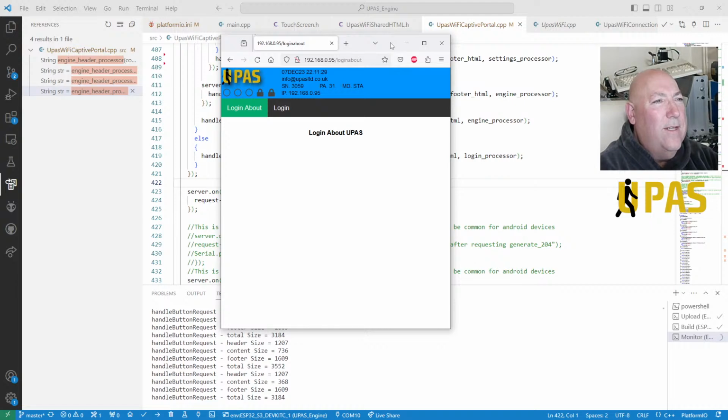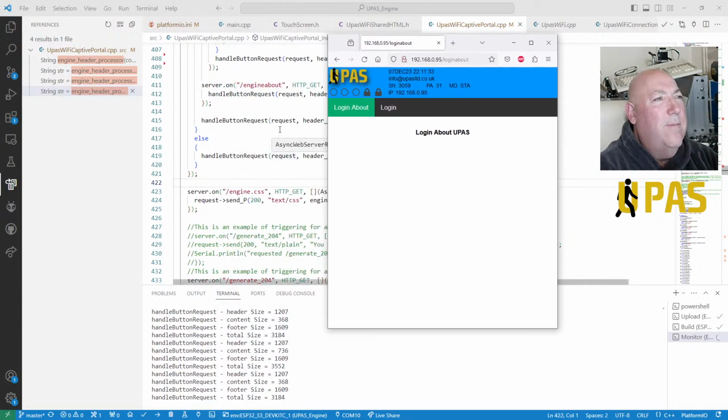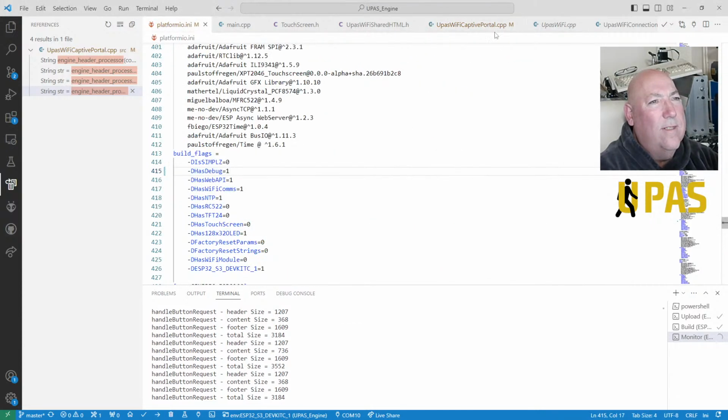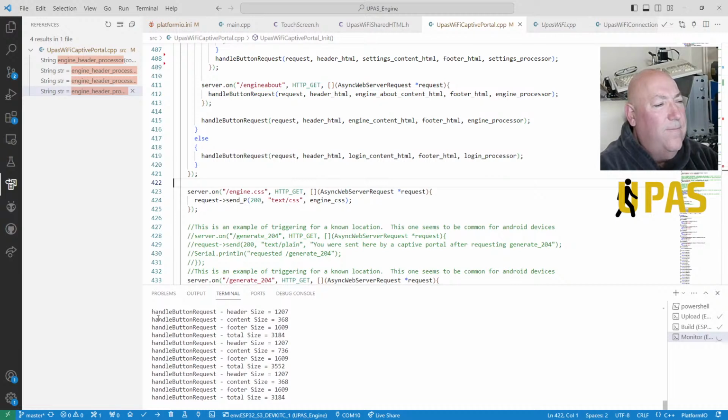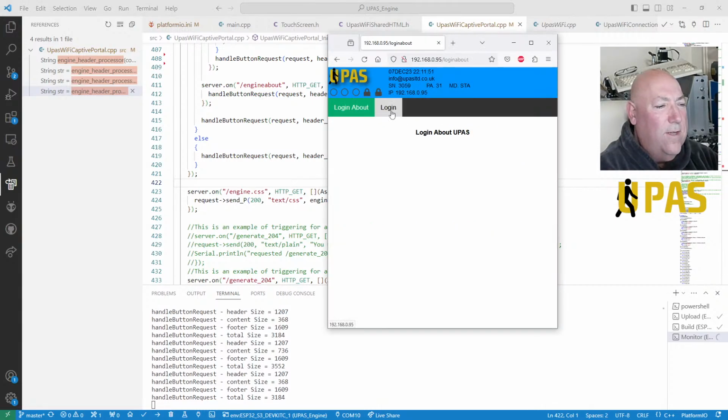And I've re-enabled the debug. Right, so it's got the debug. Now here, this is the live. I think that's live. If I go on to login, I've got the header size, the content size, the footer size, and the total size. So I've limited my buffer. I was reserving 8K, or 8,000 bytes, of memory for the character buffer, but I was only ever using, I think, the settings one. So if I go on there,